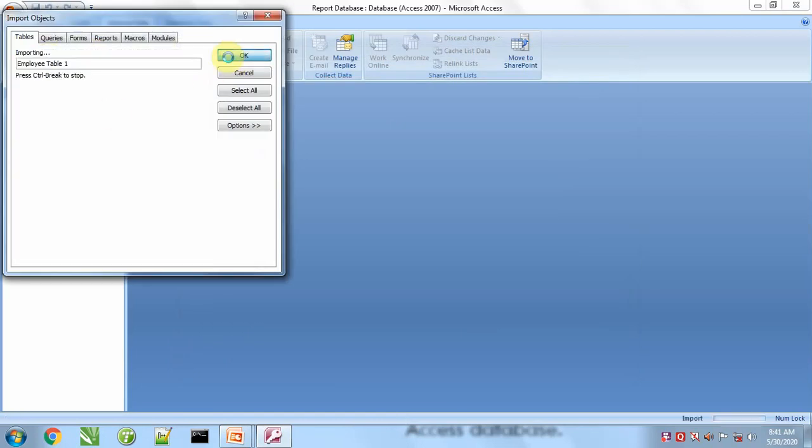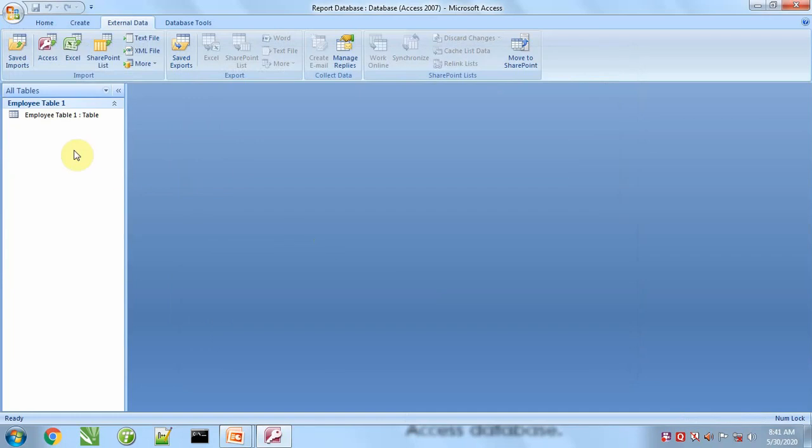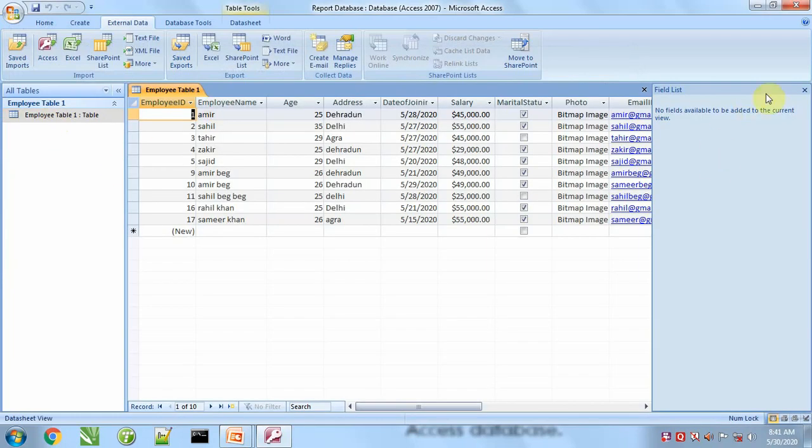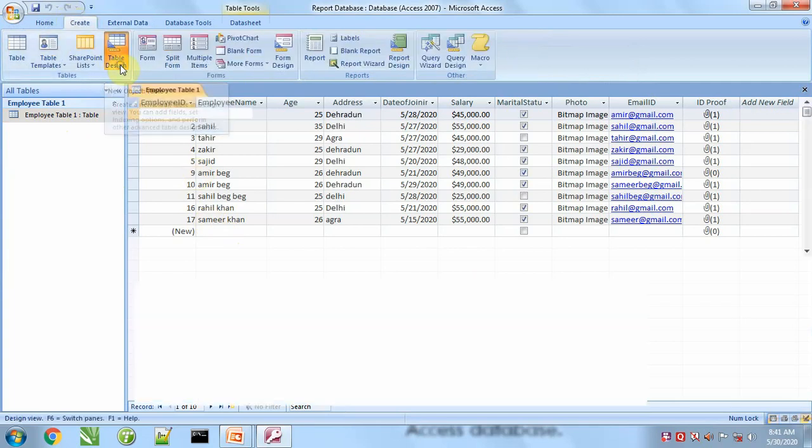I will be importing this table in my database. We can look here, that table has come here along with all records, and we can create our own also from here, table design option.